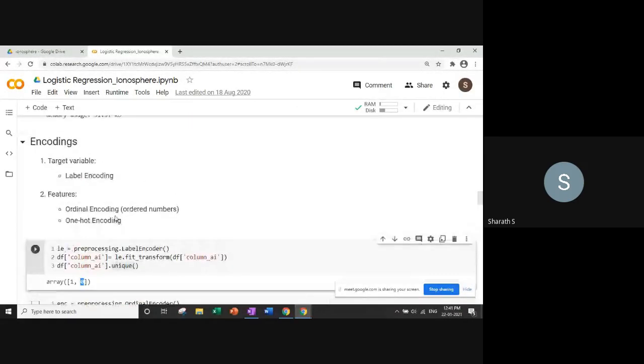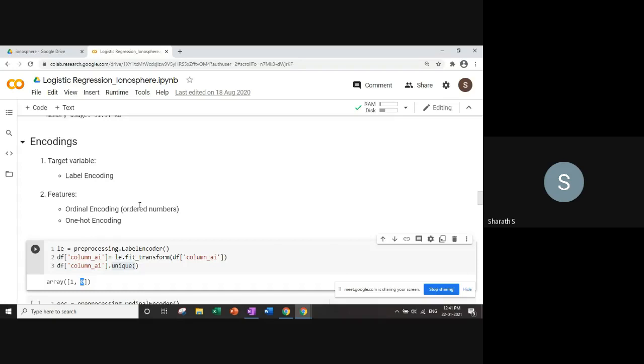Another one is one-hot encoding. Suppose there is green, blue, and red, and you say green is 1, blue is 2, and red is 3. This is ordinal encoding. But if you do this, you are telling the algorithm that red is more important than green, because red is 3 and green is 1. This gives a different sort of sense to the algorithm. To avoid that confusion, where you cannot actually make a hierarchy of variables like green, blue, and red,